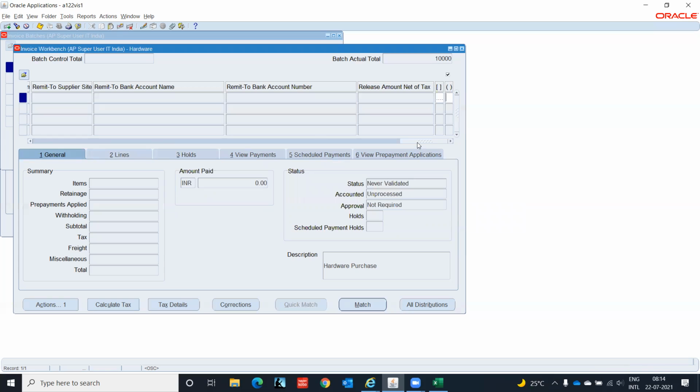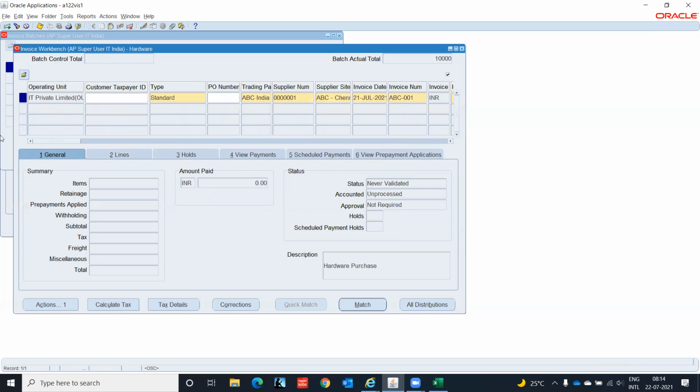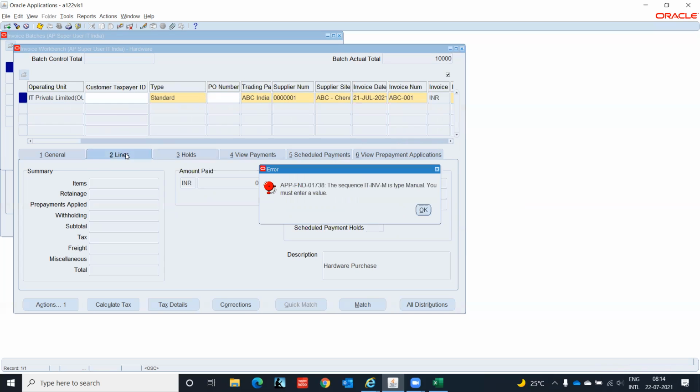Okay, this is just the basic information we entered, and we have to come to the lines. Under the lines, we are, okay. Right now, we are entering manual. So